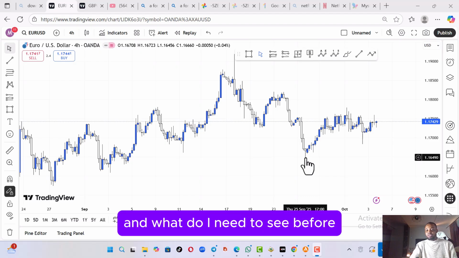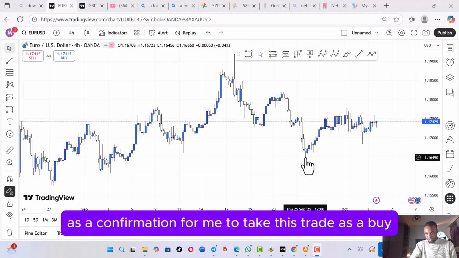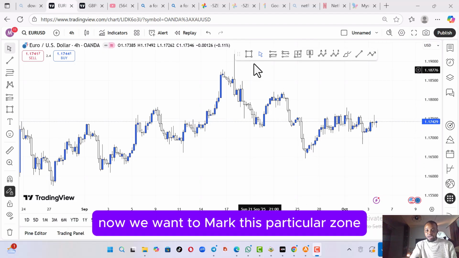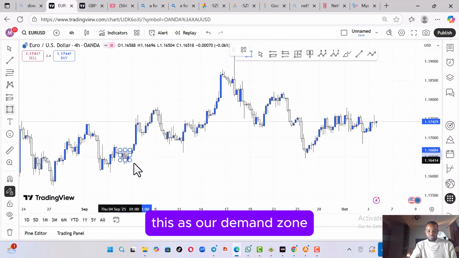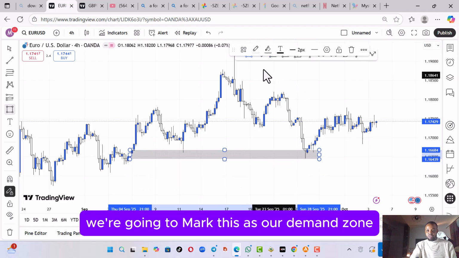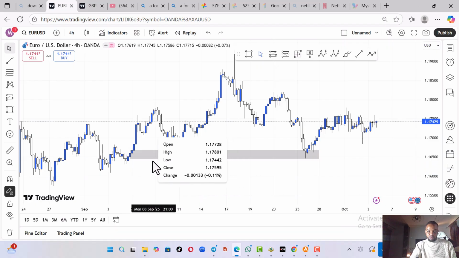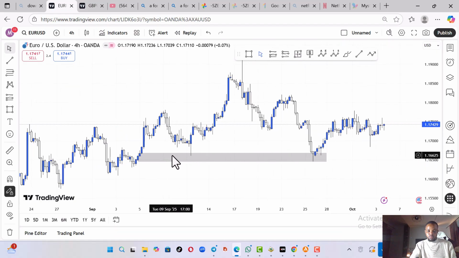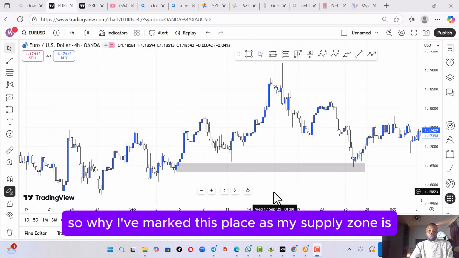And what do I need to see before I actually take a trade as a confirmation to take this trade as a buy? Now, we want to mark this particular zone as our demand zone. Okay, hold on, let me place this properly. So why I've marked this place as my